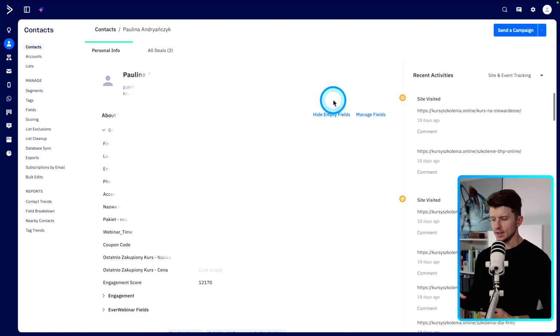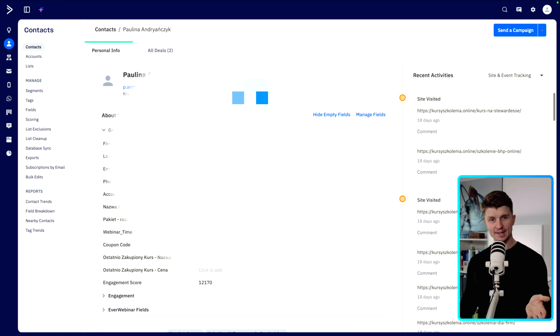Okay, so now that we have successfully installed site tracking on our website, let's see how it works within this ActiveCampaign ecosystem. So first of all, you can just give it a try and, for example, sign yourself up as a test contact for some kind of form on your website, and then you can just click around, and then you would just go into your particular contact, the one that you created and that you interacted with the page with,